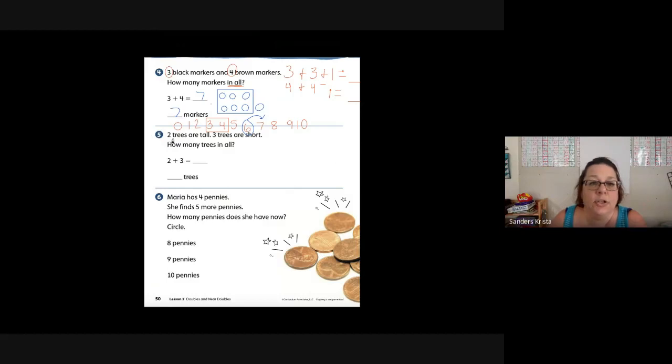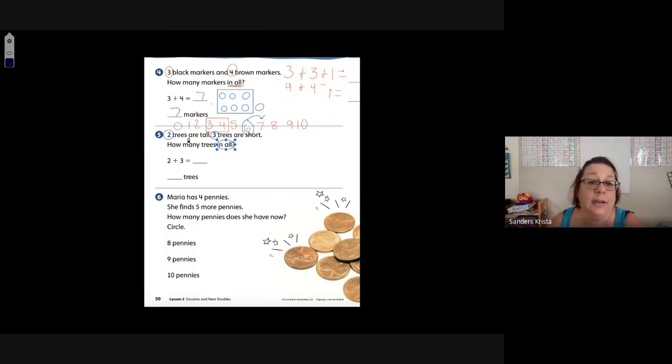Number 5. 2 trees are tall, 3 trees are short. How many trees in all? 2 and 3. In all means we're putting them together. So we can add 2 plus 2 for our doubles, or we could do 3 plus 3 for our doubles. Remember, when we're taking the smaller number, 2 plus 2, we'll add 1 more. Or if we take the greater number, 3 plus 3, we'll take 1 away, and we'll still get that same